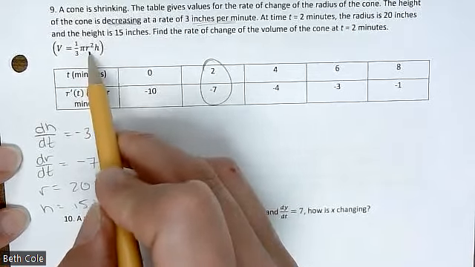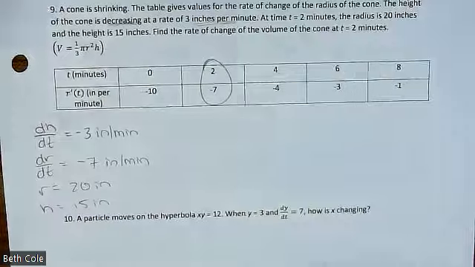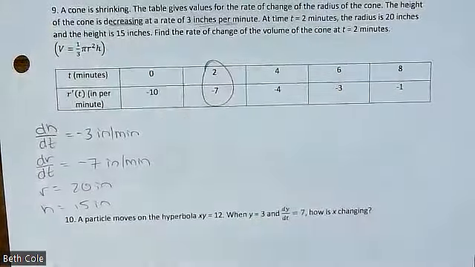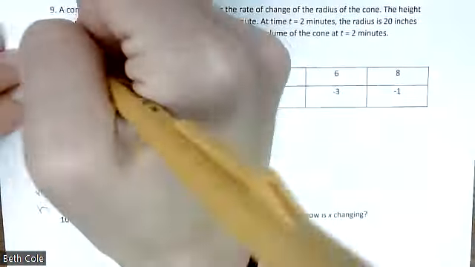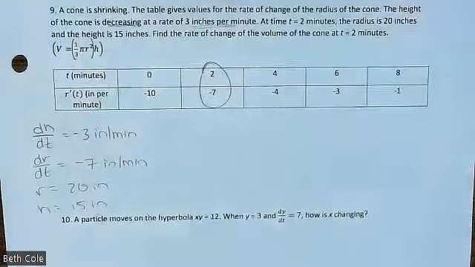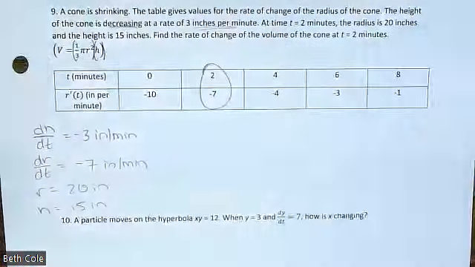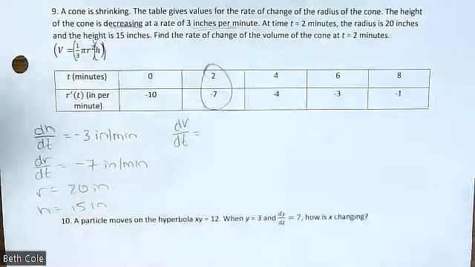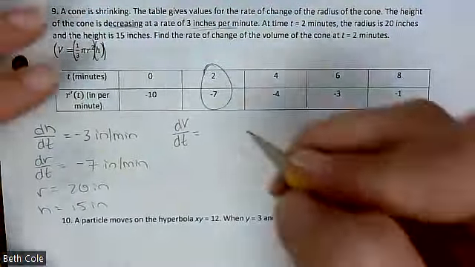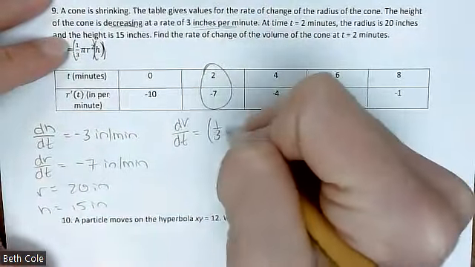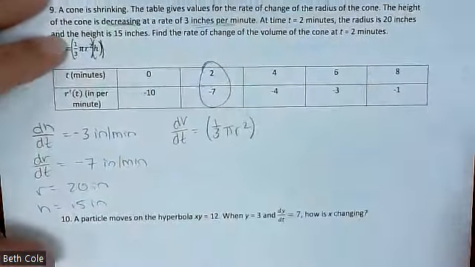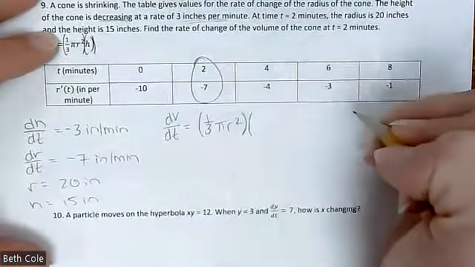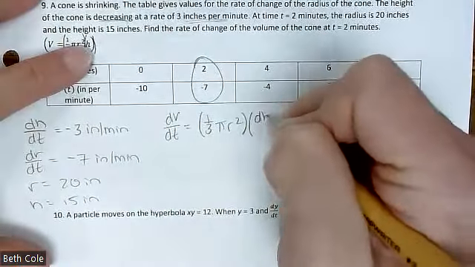You have h and you have r. You have 2 different variables. So the first thing is 1/3 pi r squared. The second thing is h. You have 2 different variables, right? So dV/dt equals product rule. How does it start? All right, the first thing, so 1/3 pi r squared times dh/dt